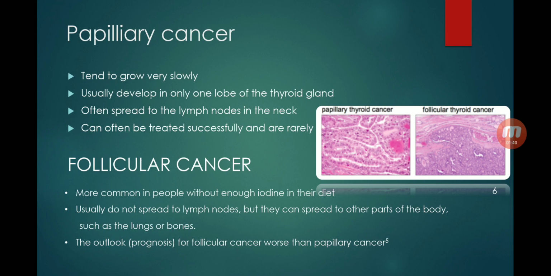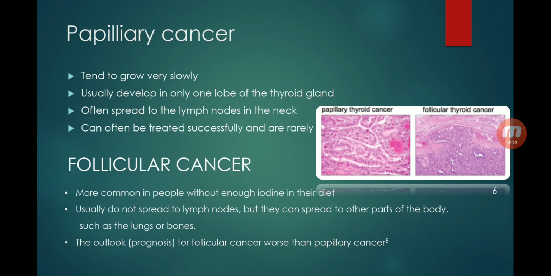Follicular cancer is the next most common type, making up about 1 out of 10 thyroid cancer cases. It is more common in countries where people don't get enough iodine in their diet. This cancer usually does not spread to lymph nodes, but it can spread to other parts of the body, such as lungs or bones. The prognosis for follicular cancer is not quite as good as that of papillary cancer, but it is still good in most cases. You can see from the image on the right side the difference of the two types of cancer cell